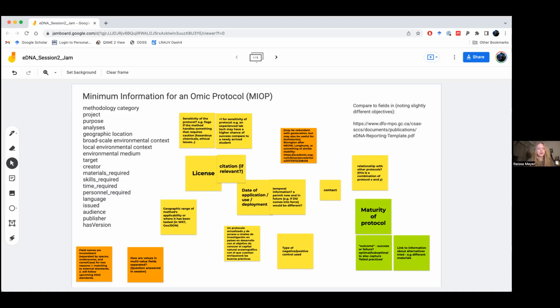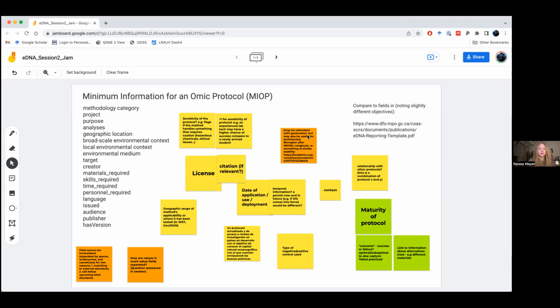I think it also raises the point that we're now getting into some terms that may be really important for certain stages of the workflow, but not important for others. So, for example, with mock communities, or having a control or not having a control. That would be really important for lab protocols, but not really for getting a permit or for how you publish your data.